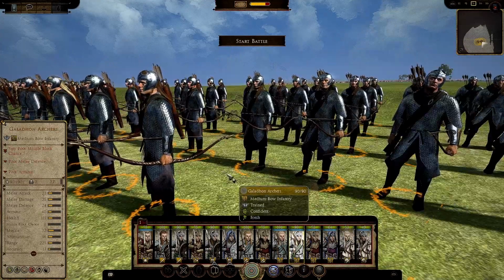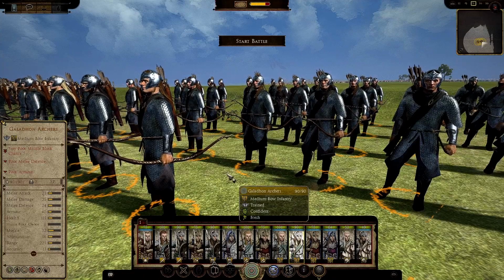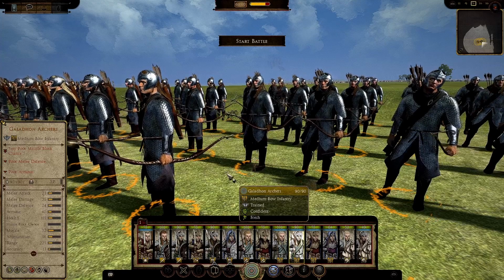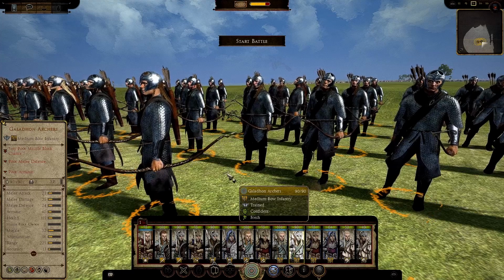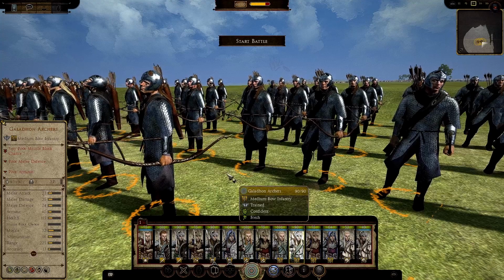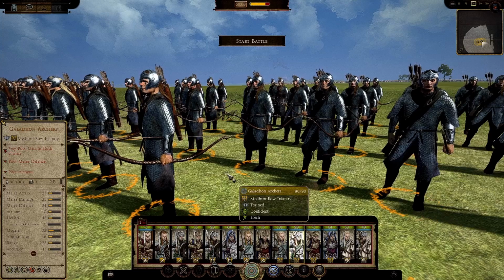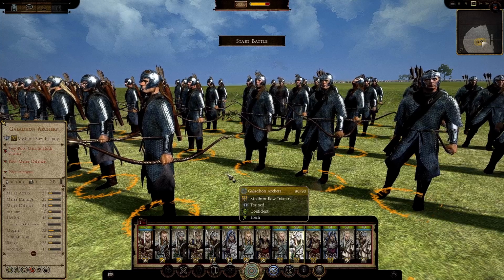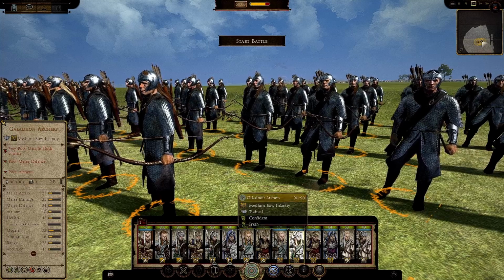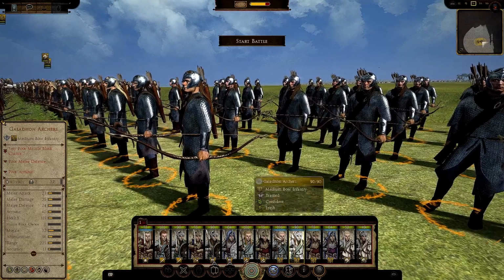Okay, they have 90 men at their disposal, very poor missile block chance, poor melee defense and poor armor. Melee attack 23, melee damage 25, melee defense 24, armor 40, health 115, missile block chance 0, morale 32, ammunition 16 like the rest of the guys, range 225 and accuracy 13. So yeah, those guys are best on some kind of wall or something like that, because they have everything, how to say,